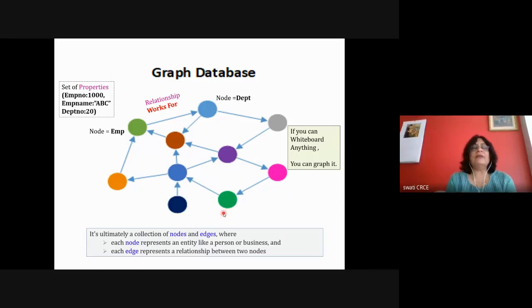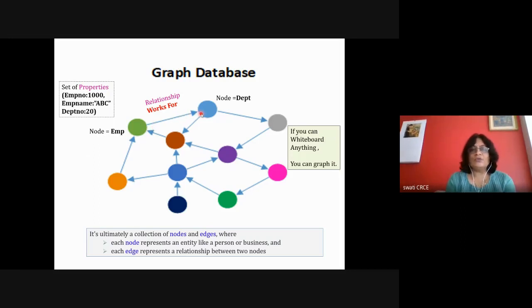So we have a flexible schema. Every row has any number of key value pairs, and a key value pair is nothing but the property, where the key is the column name and the value is the corresponding value. In RDBMS you have rows and columns. These columns are nothing but these fields, and these fields are represented with the help of key value pairs in the form of properties for the node. We can even have properties for the relation between the two nodes.